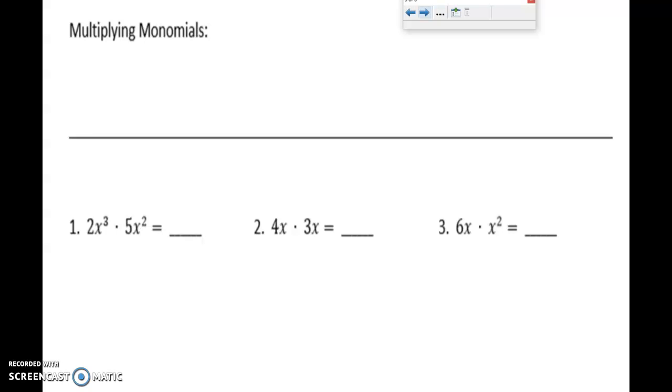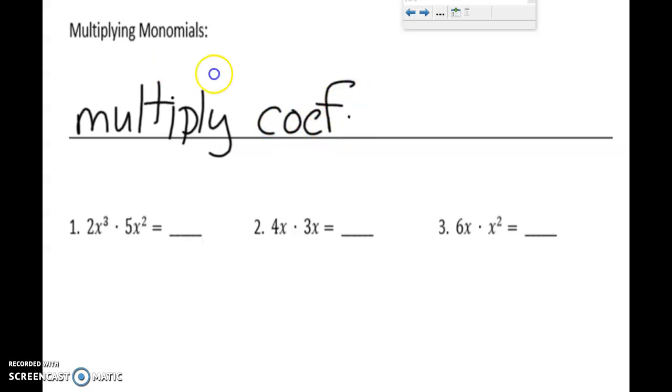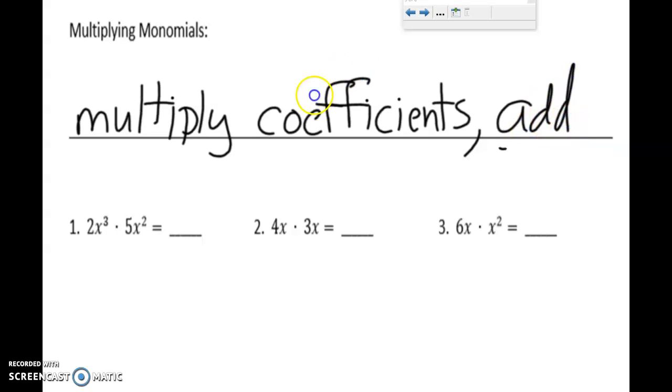Now, on the next page, same page for you, next page for me, we're going to talk about multiplying monomials. So here we multiply the coefficients and add the exponents. So we're going to have not just a variable, but we're also going to have a number out in front. All right. Now don't let that be distracting,